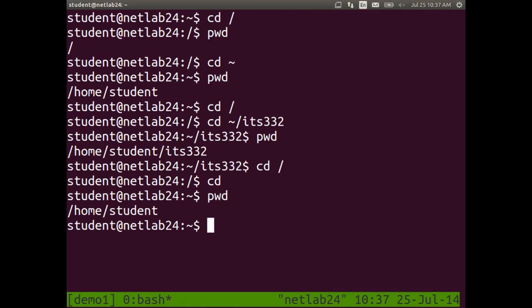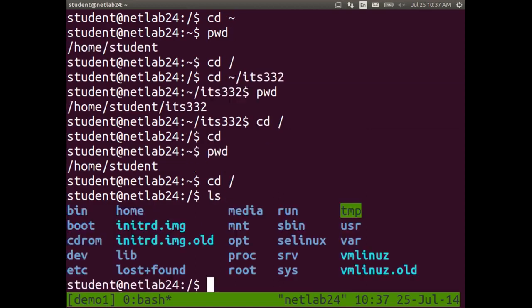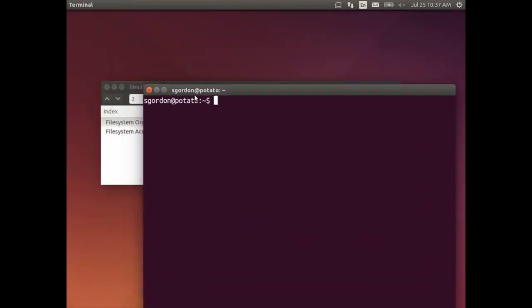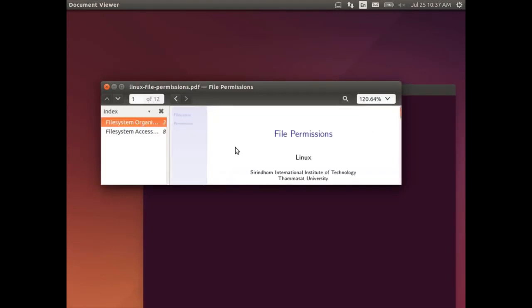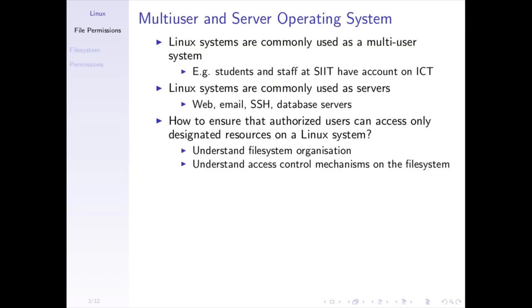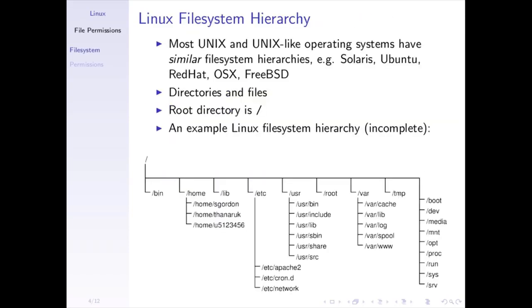Maybe, what does the file system look like? We said in the root directory, there are some subdirectories. I've got a slide that tries to capture those subdirectories, or some of them. It's usually common across different Unix and Linux-based operating systems. These slides are on the website and actually in the its332 directory, but I'll go direct to one of them. The file system hierarchy